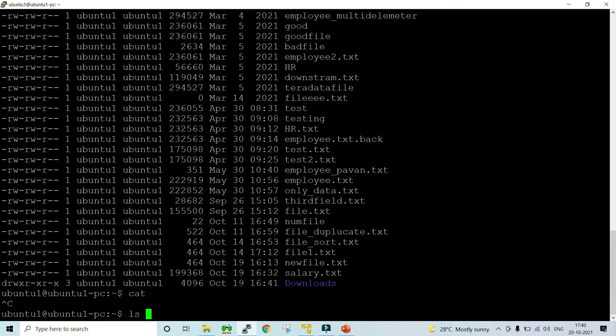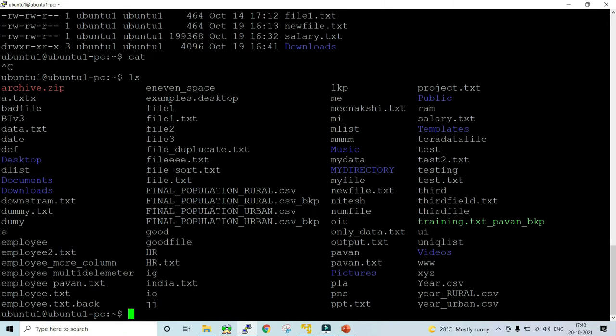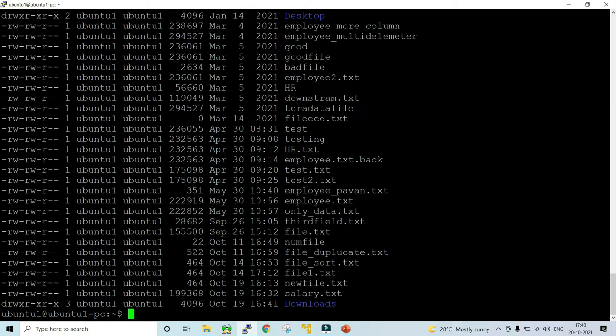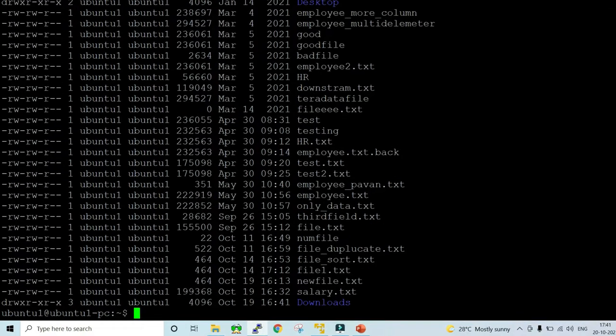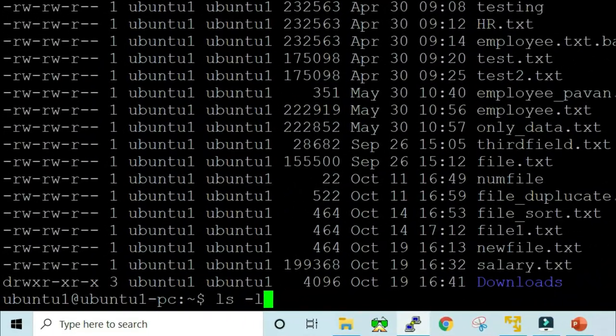If I run the ls command without the options, you will see files in this format. They are not in long listing format. But if I give ls -lrt, you will be able to see files in the long listing format, where the permission of the file is given, read, write and execute, whatever the permission is given to the file, then the size of the file, then the creation time and the name of the file. So the frequent option that we use is ls -lrt.